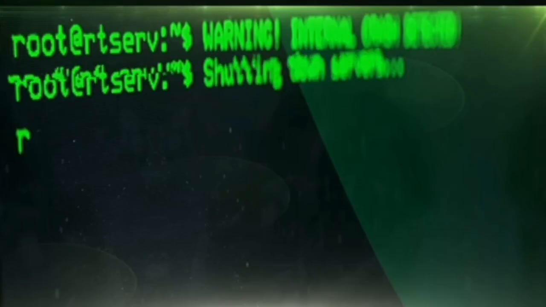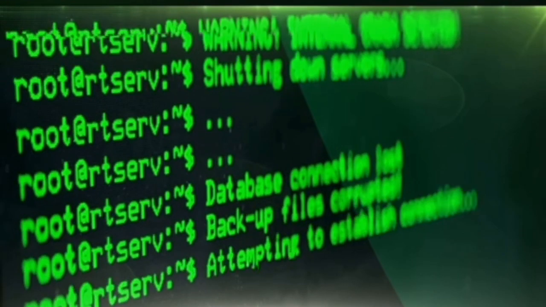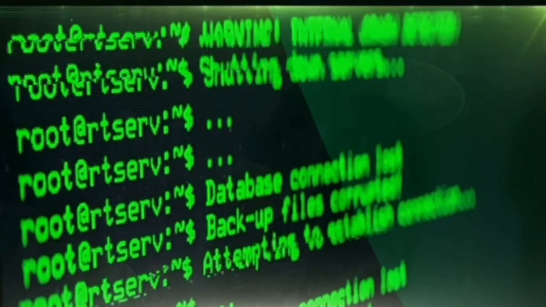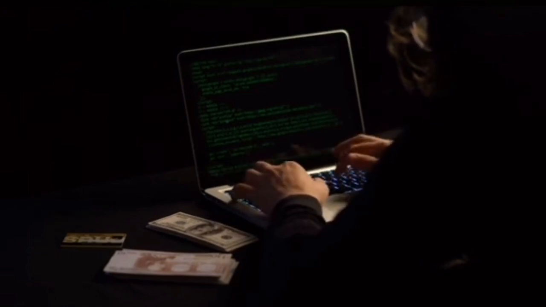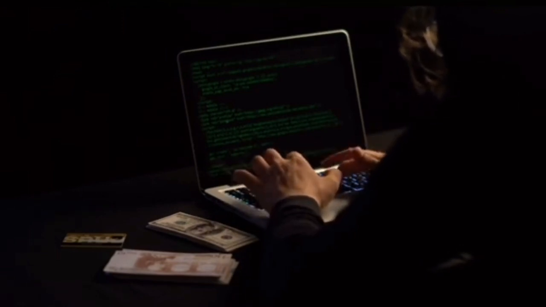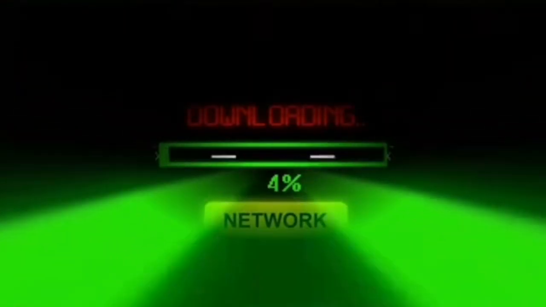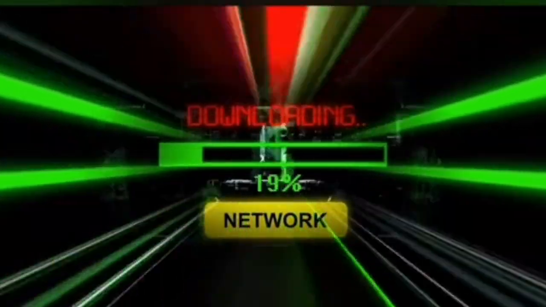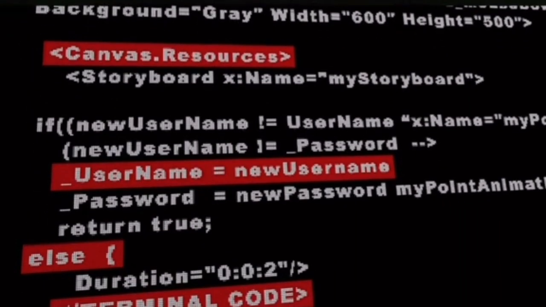Here's a step-by-step breakdown of what the attacker does. Stop the legitimate DHCP server. Using a tool like DHCP Starve, the attacker exhausts the DHCP server's IPs. Next, set up a fake DHCP server. They configure their own computer to act as a DHCP server, distributing IPs with the hacker's machine as the gateway. Lastly, they use sniffing software. With a sniffing tool like Ettercap, the hacker intercepts traffic, capturing sensitive data like usernames and passwords as users attempt